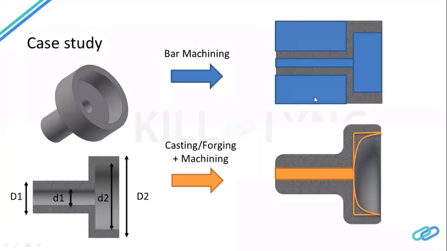That means the cost is increasing, but ultimately the function is the same. We are getting the same product that we see here. So we are increasing the cost but not the function, so value is decreasing. But in the second case, we have reduced the material scrap or material wastage drastically. That means the cost of manufacturing has reduced in this second case, and definitely the value of the product has increased, because we still have the same function, we still get the same product, but we need less material wastage.